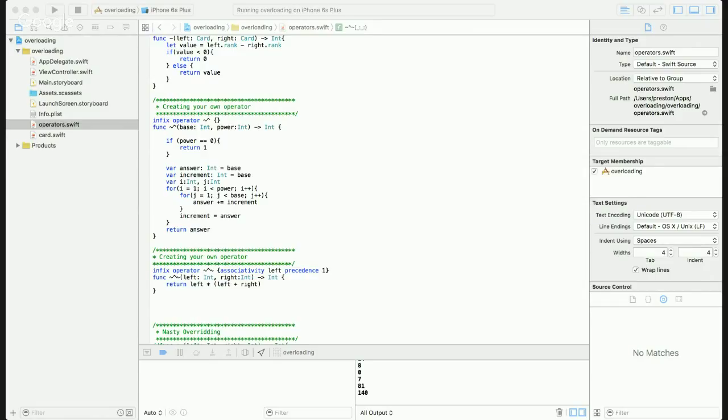I'm kind of curious while we're here. I kind of want to look at